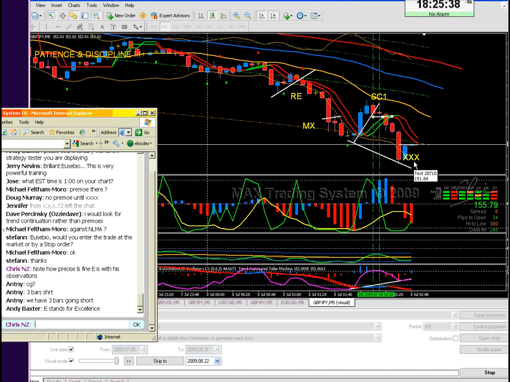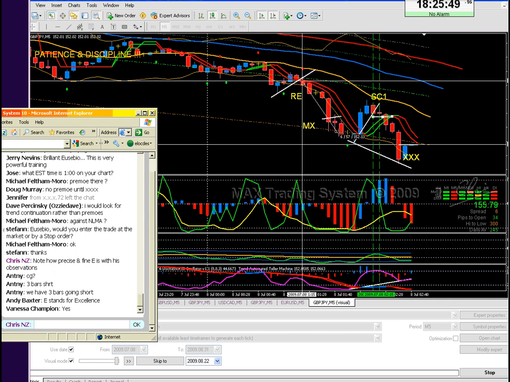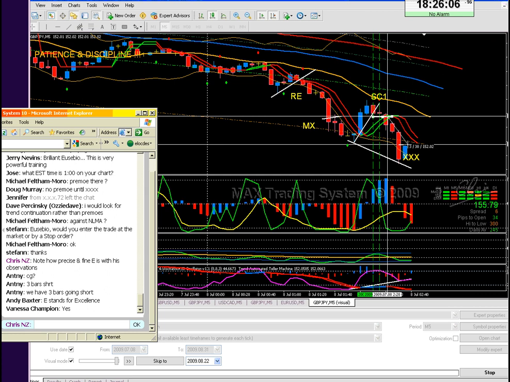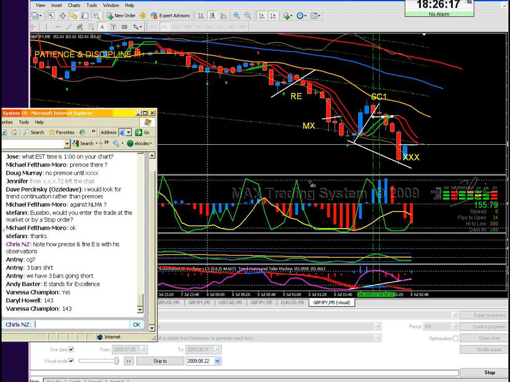Okay. So if somebody can take a pen and count the number of pips we have made on this trade. So here we made our re-entry with an MX here. 39 minus 6 for the spread, 33. Ah, Vanessa, nice. 33 plus here 62 pips. And then on these scalings, we have made 24 twice. How many pips? 143